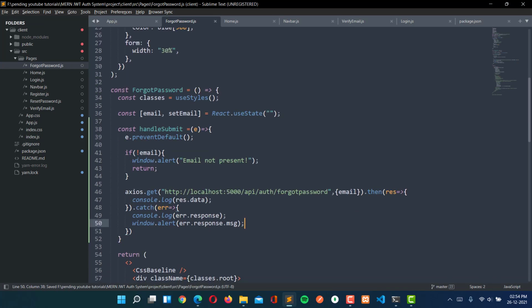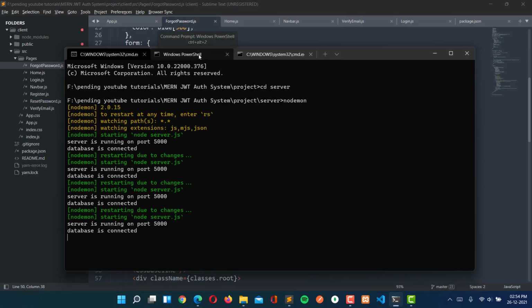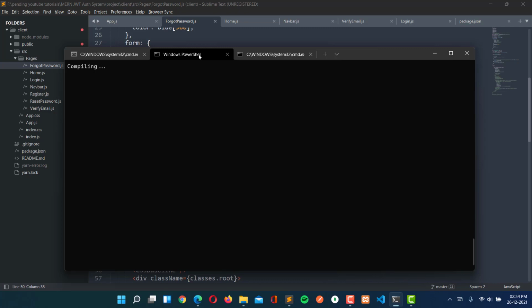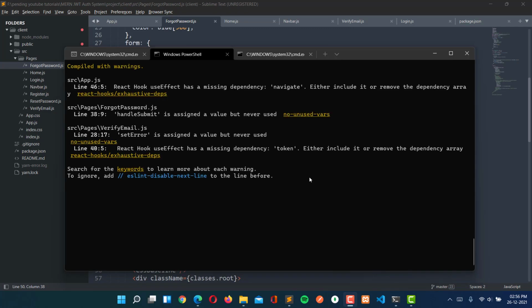Now just save this and let's wait for its compilation. The server is compiled successfully, and let's wait for the compilation of the client. The client side is also compiled successfully here.